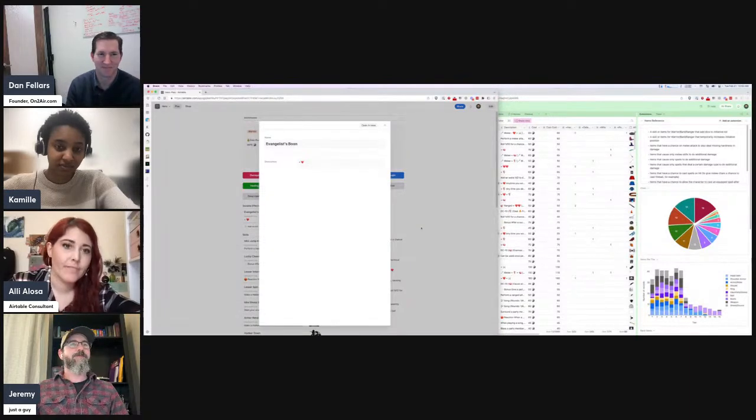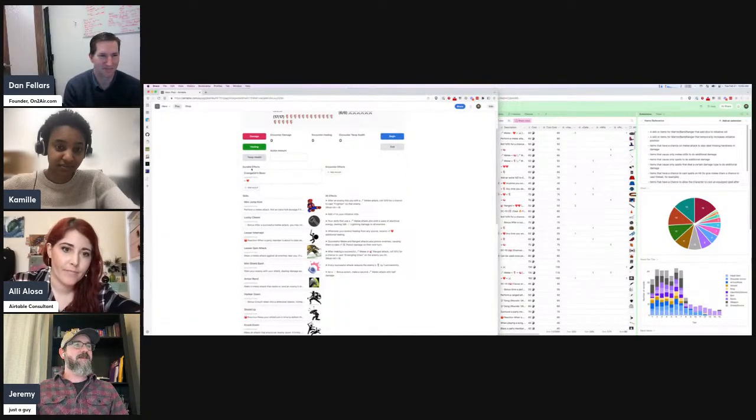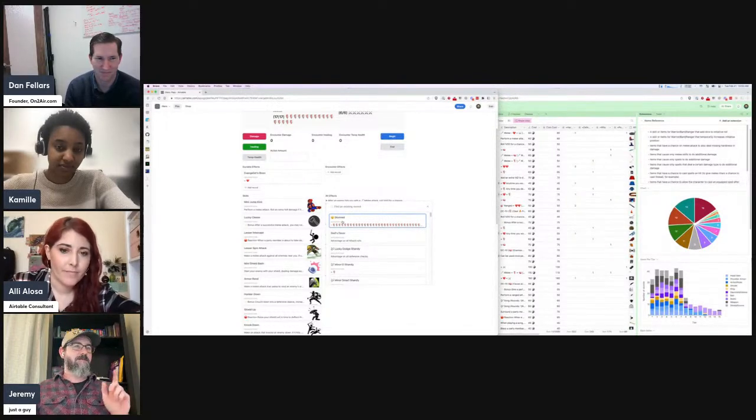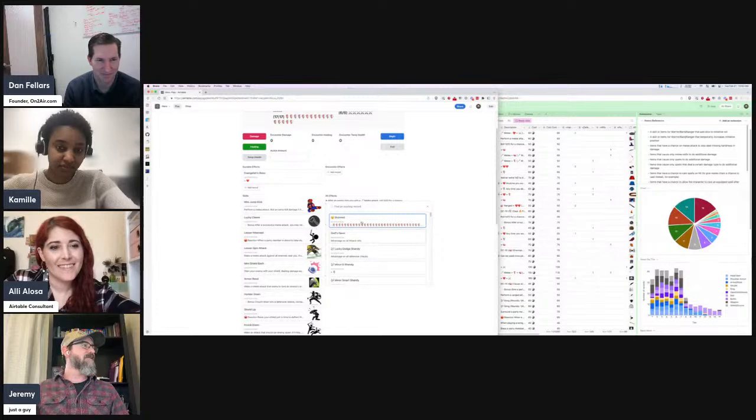And then during the encounter, this is where they add effects. So if their character gets stunned, I tell them, all right, the boss that you're fighting just stunned you. So Brady, you need to add the stunned encounter effect.